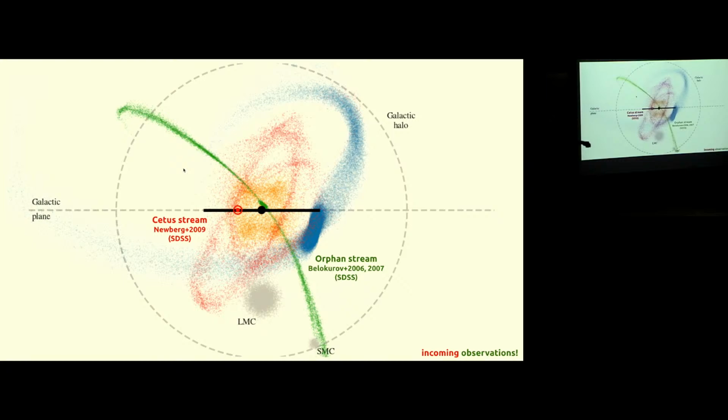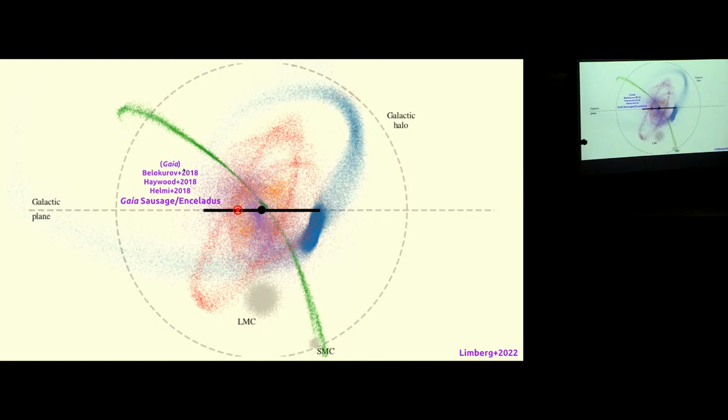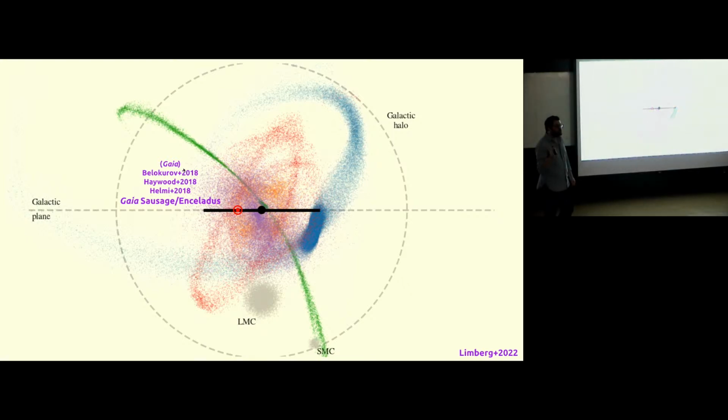And then moving on now into the Gaia era, which is what everyone loves, we had one major discovery right at the beginning of Gaia DR2, which was this one thing called Gaia Sausage Enceladus. You will see that people give funny names to these things. This Gaia Sausage Enceladus is a galaxy that was really a major galaxy that merged with the Milky Way probably 10 billion years ago. This galaxy was maybe the same size as the LMC. So this really was the last major merger experienced by the Milky Way.